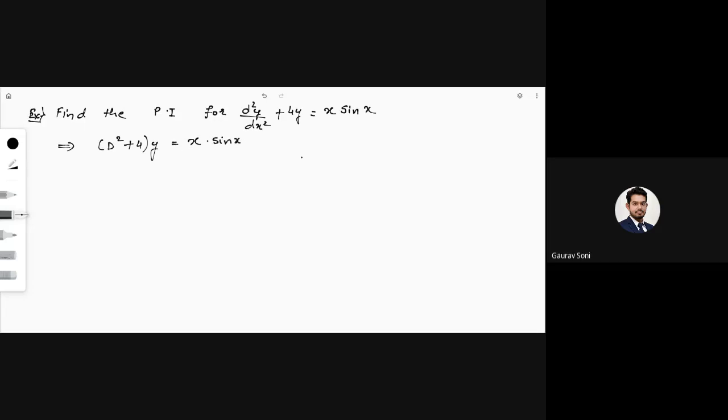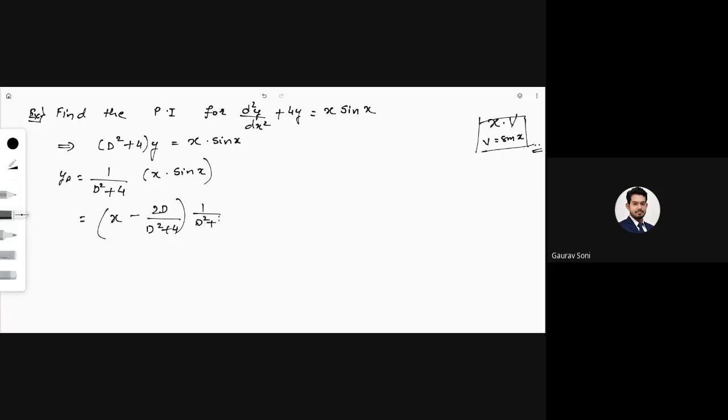I can see the right hand side. Right hand side is x into v, where v is sin x in this case. So this is the way you have to identify which rule is to be used. So yp will be equal to 1 upon D square plus 4 x into sin x. So by rule number 6, what will happen? x minus, what is the derivative of D square plus 4? It is simply 2D upon D square plus 4 as it is,